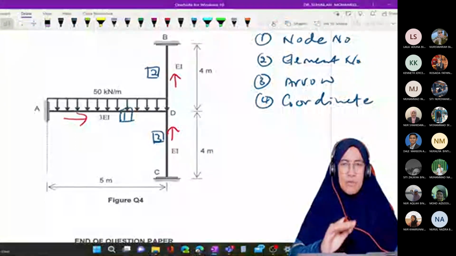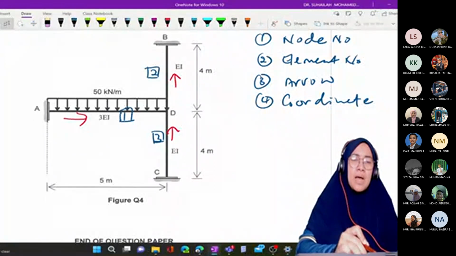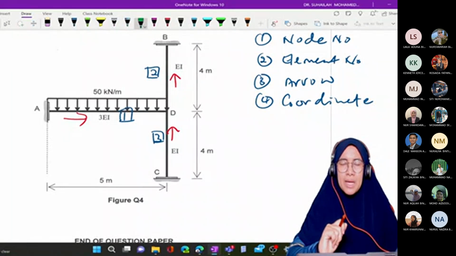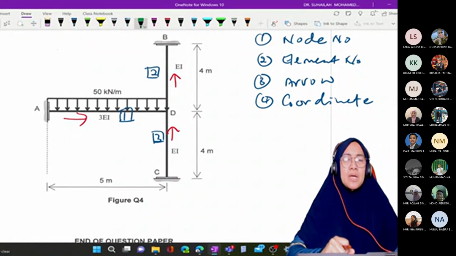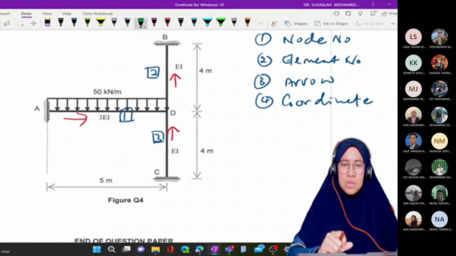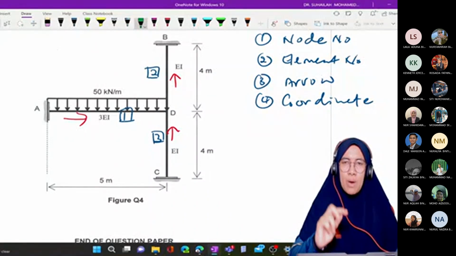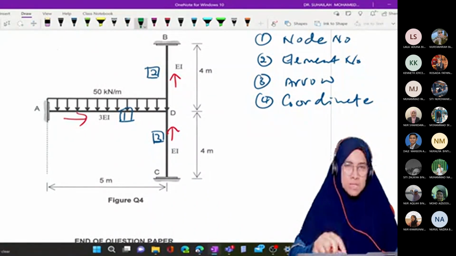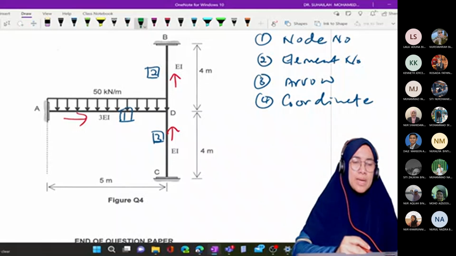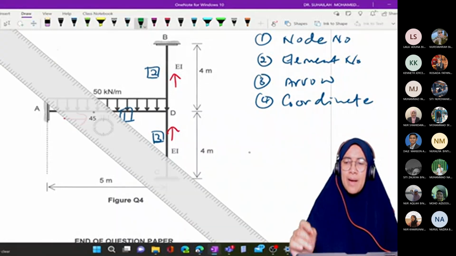Okay, any of A, B, C, D can be origin. But what is suggested by Hibbeler in the textbook is we can choose 1 point we label as origin,